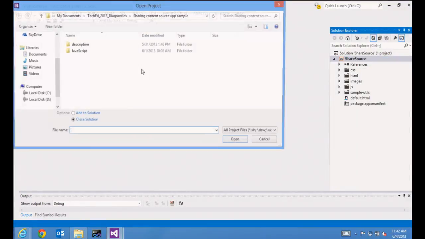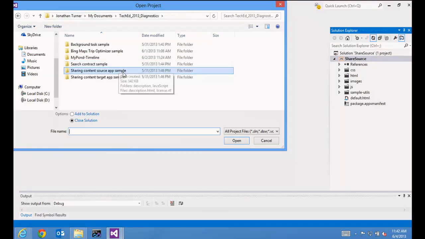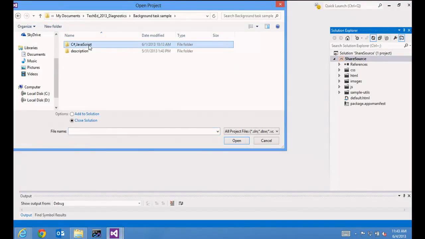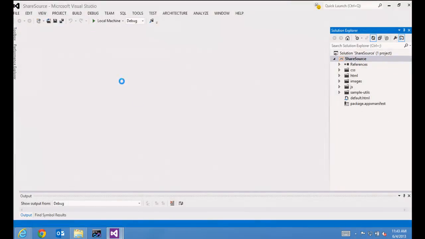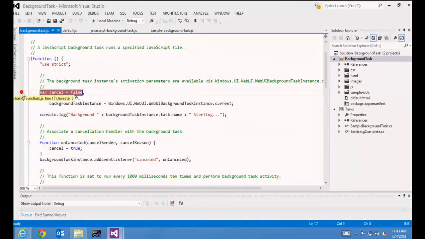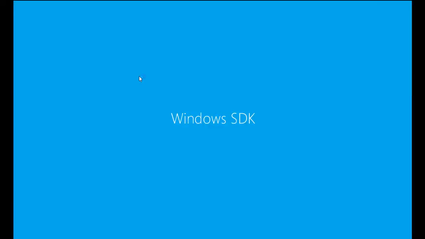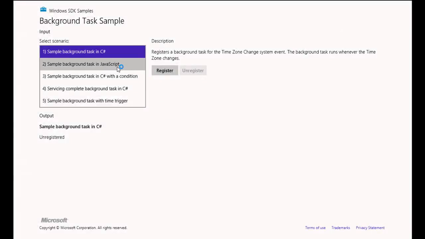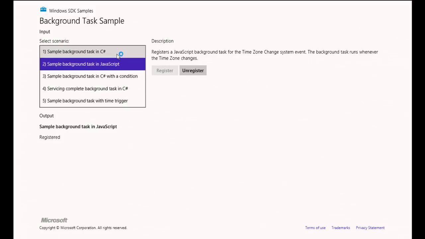So let me open that project. This is under background task. I've already set my breakpoint in the background task that I want to run whenever this occurs. But of course, when I start it up, I've registered the background task. But again, this background task is for when we cross that time zone,